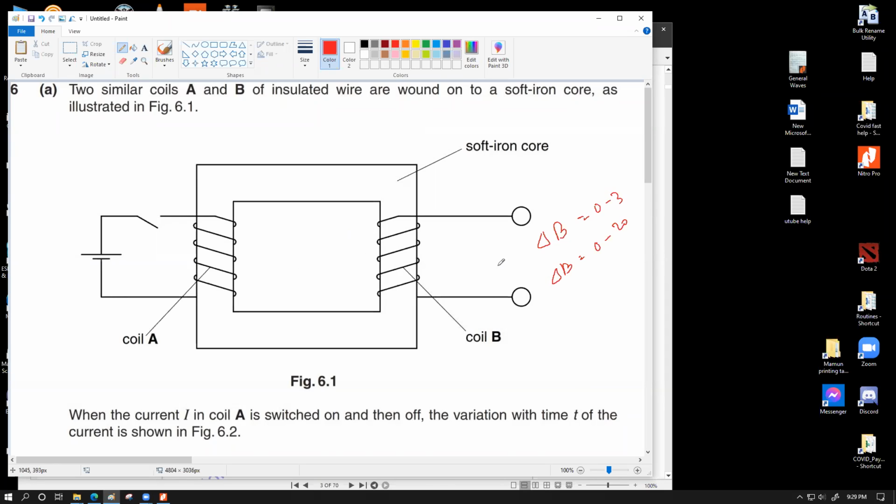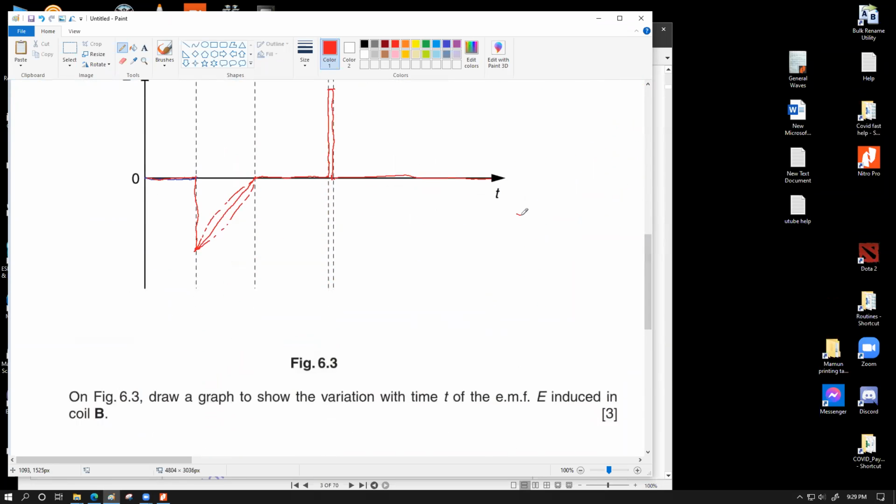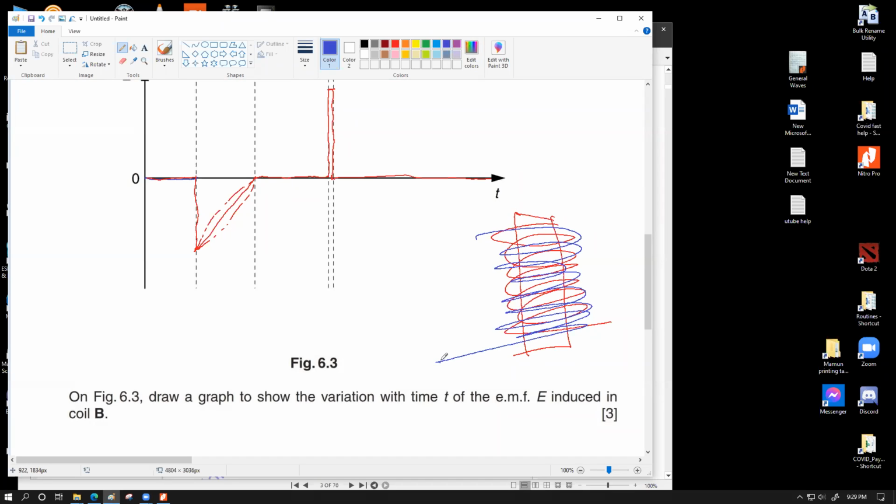There is another way to improve this thing further, which is actually done for practical purpose. In practical transformers there is only one soft iron core, and there is an inside coil which works as the secondary, and there is an outside coil which works as the primary. So there is a single wire, and they are all insulated from each other, and as a result you have the maximum amount of flux line cutting